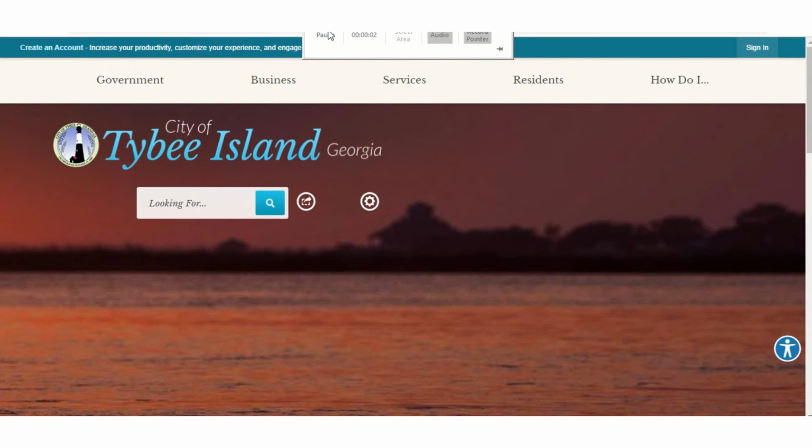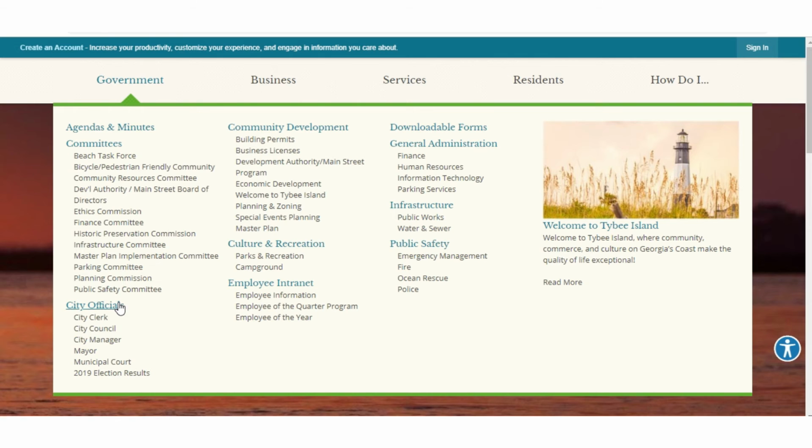Like I said earlier, the custodian of records is going to vary based on the agency, and the agency that we are going to use for this particular records request would be the City of Tybee Island, Georgia's city government. I know whoever is in charge of the records request is the city clerk, so if you go under government and city officials, you'll find the city clerk.